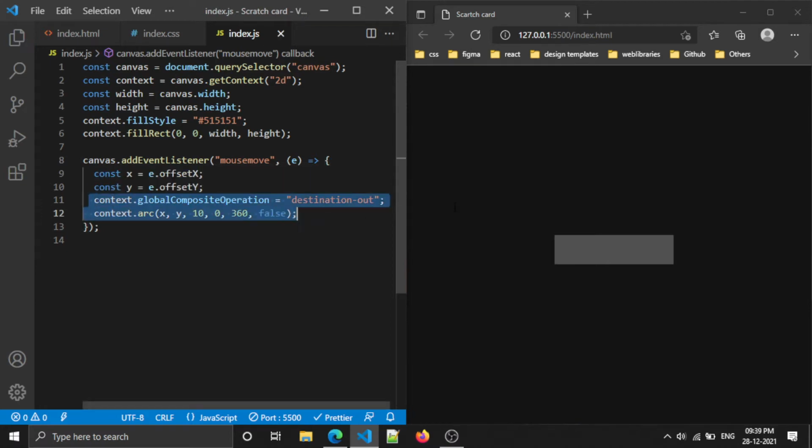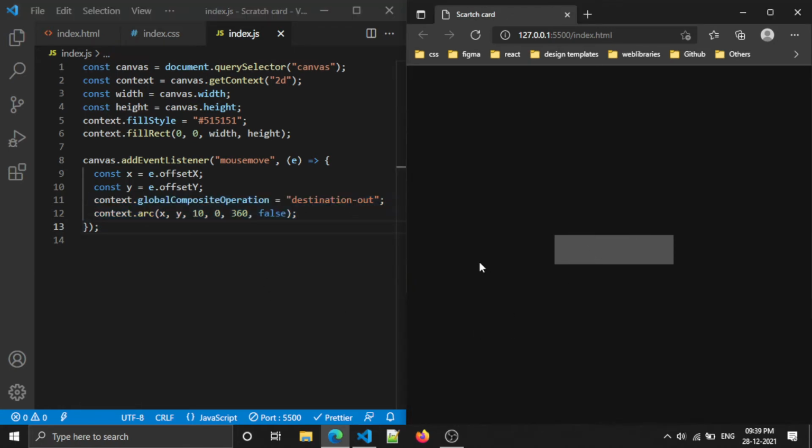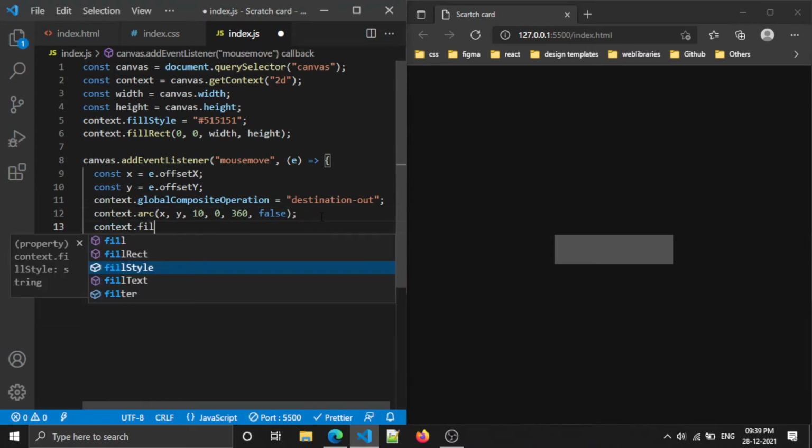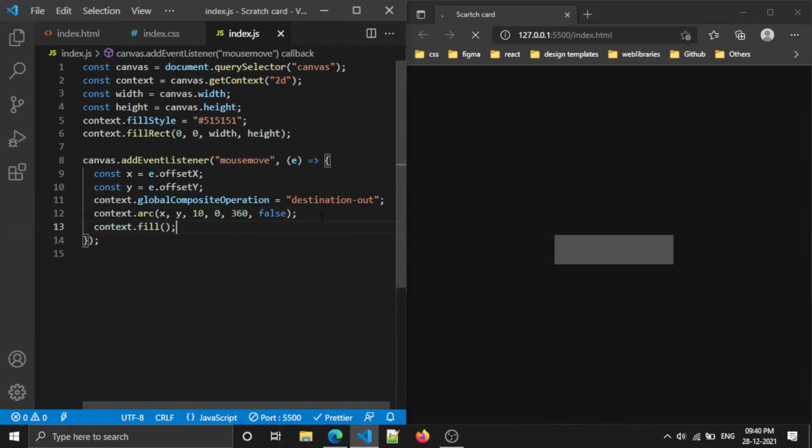If you want me to explain it very clearly, let me know in the comment section. I will do a separate video for this. So if I try to mouse over, yeah, actually I missed one thing, context.fill. Now if you see on my mouse over, we can wipe the portion of our area, right?